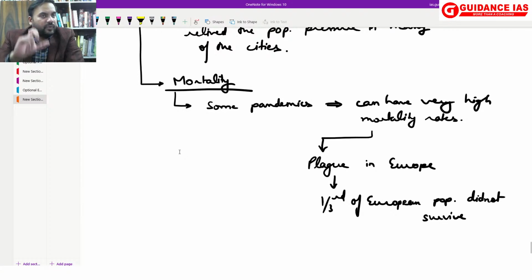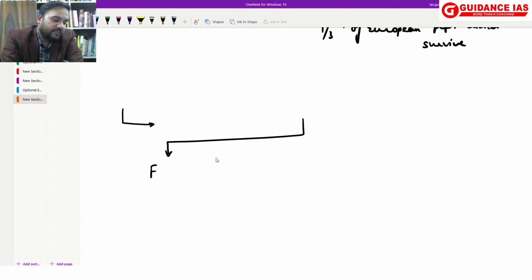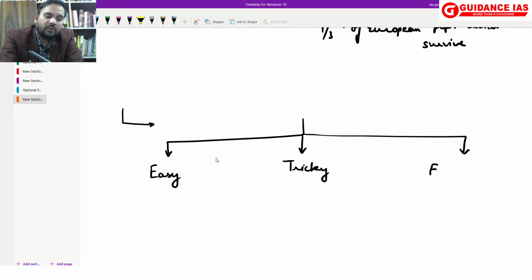So इस तरह से करके you just have to think about the variable. देखो कितना भी tough question हो, if I can break it into parts, no matter whatever be the question, I will be able to write a sufficiently good answer. And always remember, our exam is what? Our exam is a kind of combination of three type of questions. One is what I call it as easy questions, second is the tricky questions, and the third is what we call it as the exceptional questions.